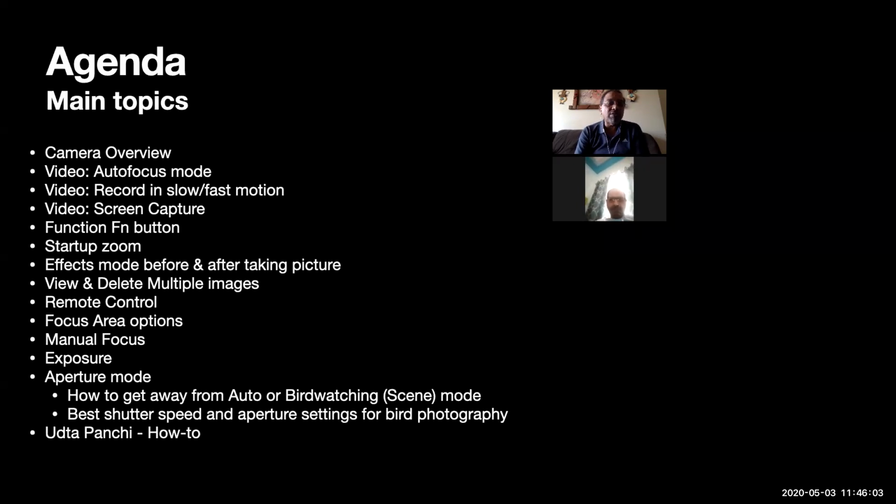All these points will cover around 40 minutes, including the practicals, and the rest 20, 25, and whatever time we require, we will spend on the aperture mode, basically getting away from auto mode, bird watching mode, etc. And also the various settings you would need for bird photography, animal photography. And finally, we will also talk about some of the questions about flying birds, how to capture them, etc.